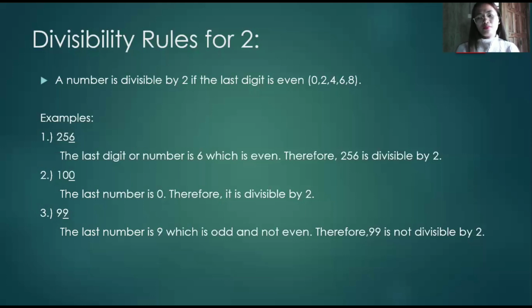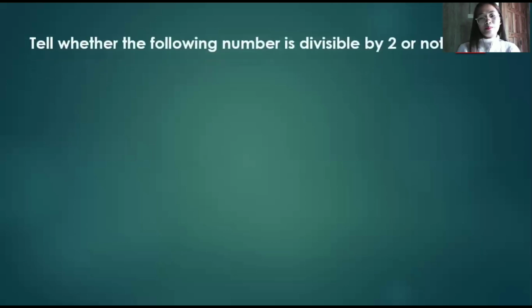Klaro ba? Ma'am, kung maingon ta og 63. So, 63. What is the last number? The last number is 3. So, dili siya pares. Therefore, it is not divisible by 2. Klaro ba, class? So, aron masabtan gyud nato kung nakuha ba ninyo ang rule sa divisibility rule number 2,